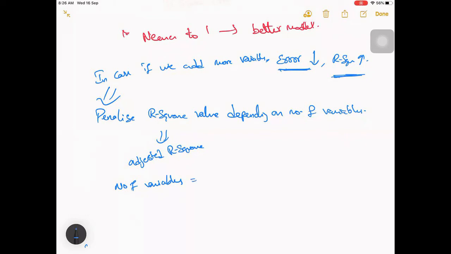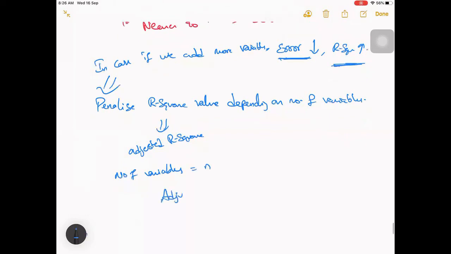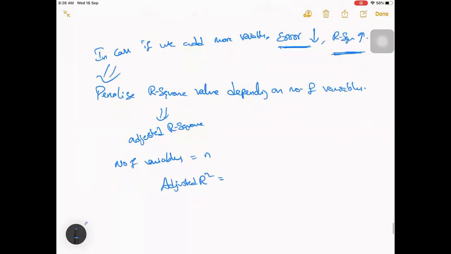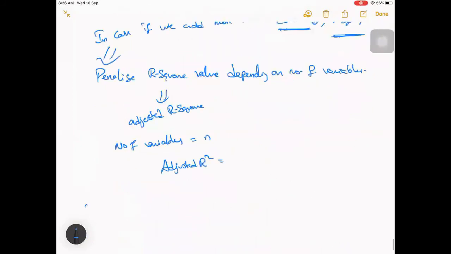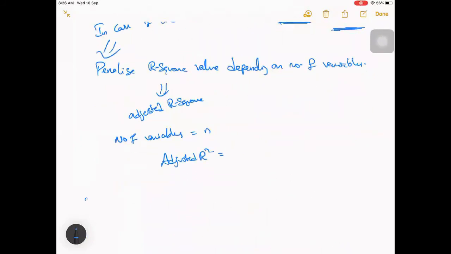So let's say the number of variables is n, then your adjusted R square will be, let's say the previous one is R. If you take R, your adjusted R square will be 1 minus. This 1 minus is because you want it to be decreasing while your error is increasing, right?